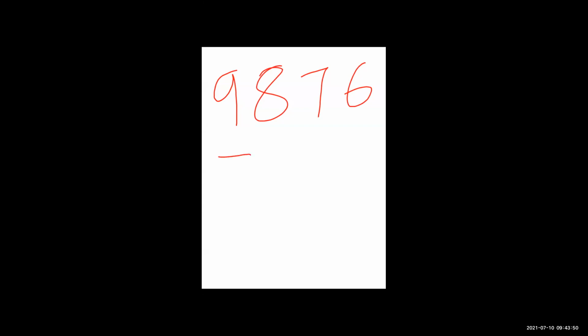Normally, after 6 we get the number 7, but here the pattern is in reverse order. So we have to count the backward numbers: 9, 8, 7, 6, 5, 4, 3, 2, 1. So this way we get the patterns of numbers. Does everyone understand the patterns of numbers? If you understand, please give me a thumbs up, or put a Y in the chat box. Okay? If you understand, let me go forward.